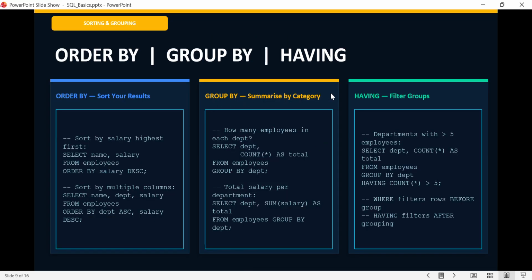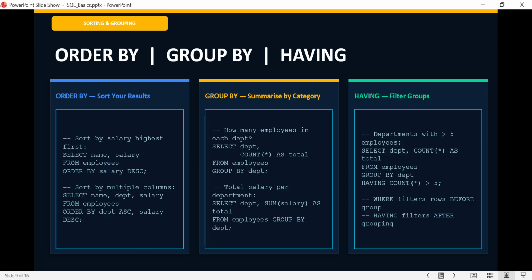Order by, group by, having. Now let us cover three more very important clauses. Like I said, order by, group by, having. Order by sorts your query results. Write order by, then the column name, then ASC for ascending or DESC for descending.